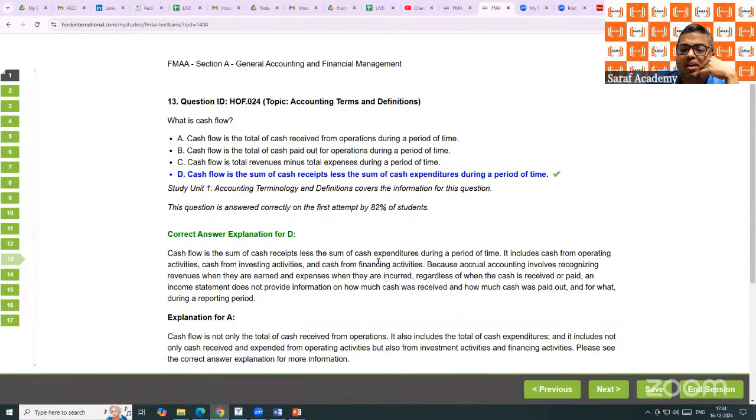Cash flow is the sum of all. I have not taught you cash flow statement preparation. That I will do later. But right now we have studied some basic terminology in accounts. First of all, we need to study double entry: why there is a debit, credit, and recording the transaction. Then we can study cash flow. It includes cash from operating activity, investment. These are technical things which I have not taught. When I teach cash flow statement, I will teach what is operating, investing, financing. But we are saying all the cash receipts minus all the cash payments in a period is called cash flow.